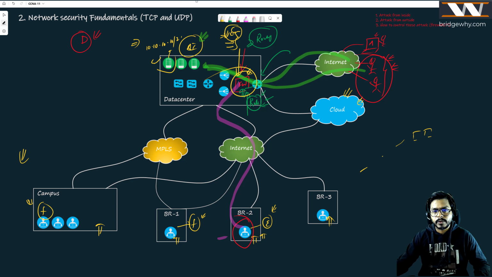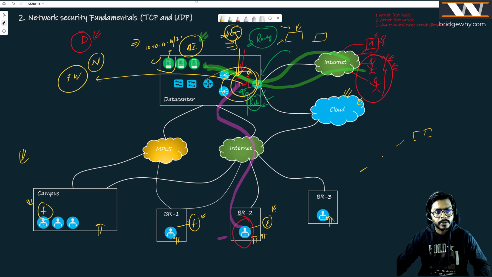Similarly, the people with good intention, this firewall can let go. But how? Again, the packet is a packet, right? There is nothing on this packet which says that it has good intent. This is a packet with good intention, and the other packet is with bad intention. So we need to do some really clever things to know about it, right? And that is why I'm again saying that to understand firewall, to understand network security, you should be moving